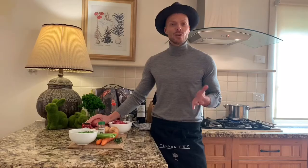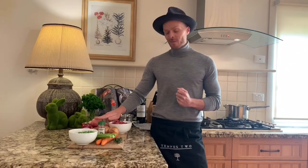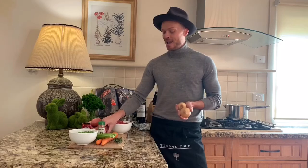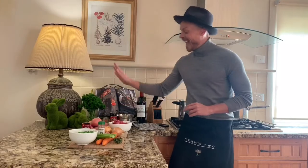Potatoes, of course, you cannot have a shepherd's pie without a creamy, cheesy mashed potato on the top. Some tomato paste, some dried rosemary, I have some fresh thyme. I'm using 2 small onions, however, if you have 1 large onion, that's fine as well. 3 cloves of garlic, a cup of frozen peas, 3 sticks of celery, 2 carrots, some Worcestershire sauce, and a